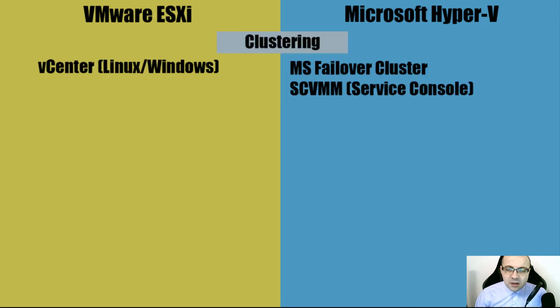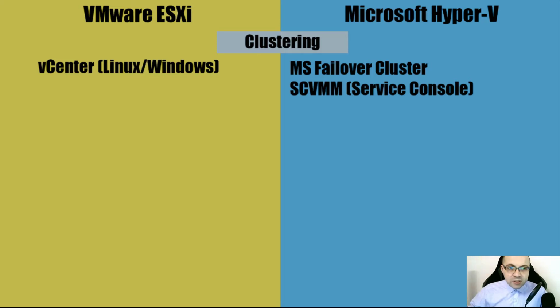The second, what if you want to cluster? Because you could have standalone ESXi servers, like separate physical computers, and you could have standalone physical Hyper-V servers. But it makes sense to put them in a cluster in most scenarios, especially because this way you can utilize the high availability feature. So the machines could be migrated from one physical server to another, and if you want to shut down one of them for maintenance, or if something bad happens, you could start up the same machines